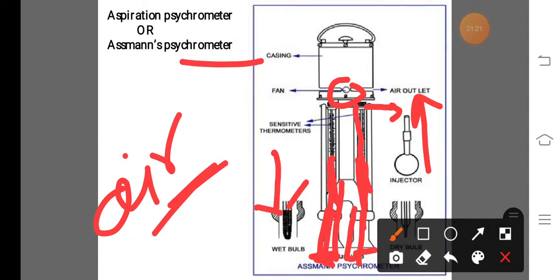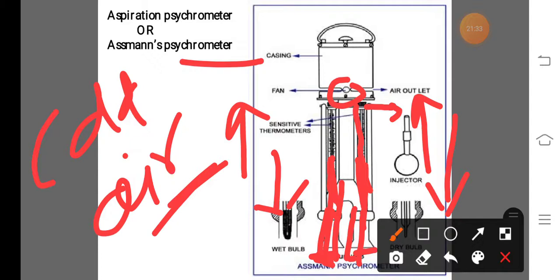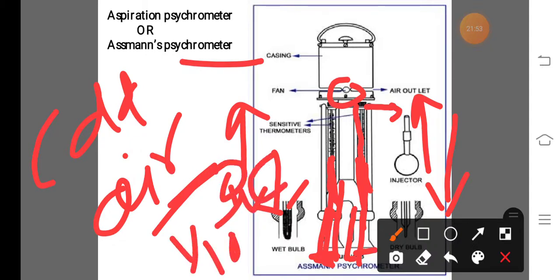And also in the case of cold air, when cold air is passing over the dry bulb thermometer and wet bulb thermometer, at that time the dry bulb thermometer temperature decreases and the wet bulb thermometer temperature increases. And by observation from this ventilation thermometer, we take the real air temperature, and this real air temperature is given as correct up to 110 degrees Celsius.